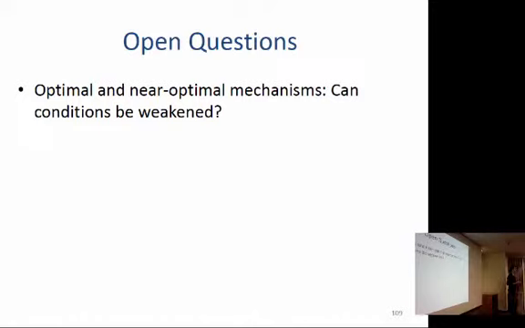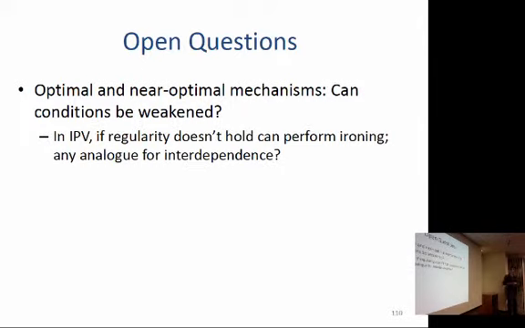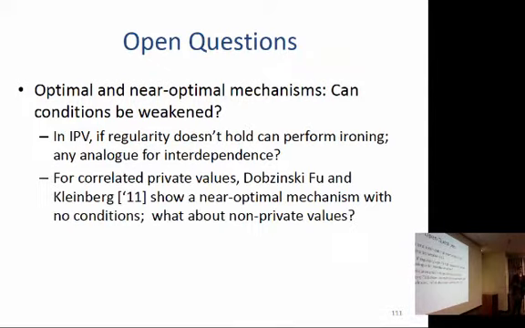Okay, so here are the open questions I think can continue this work. There are 3 directions. First of all, optimal and near optimal mechanisms. What I showed had a lot of assumptions. Can you weaken them? In particular, here are 2 questions. In the IPV model, if we don't have the assumption of regularity, we can perform ironing. That's what Myerson does, and he gets a general result with no regularity assumption. Can you do anything like this in the interdependent model? I expect it's not going to work always because of the hardness results, but when can you get it to work? What kind of ironing do you need? I can talk about this in more detail offline if anybody's interested.